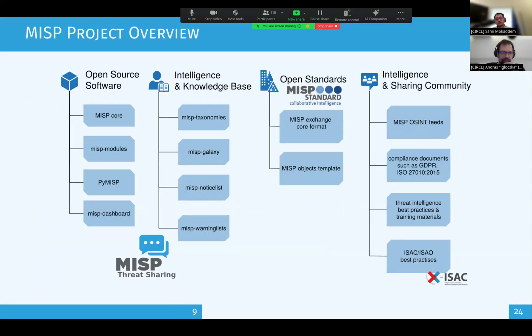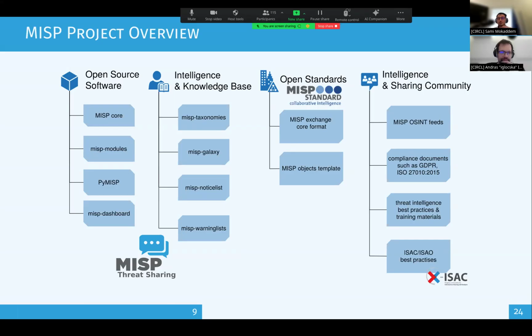All right, so far we've mostly talked about MISP, the software, also called MISP core, but MISP is actually also called the MISP project, and it's a full project organization that has multiple, let's say, sub-projects. The biggest one is obviously MISP core, the software, but we could also mention the other ones, such as